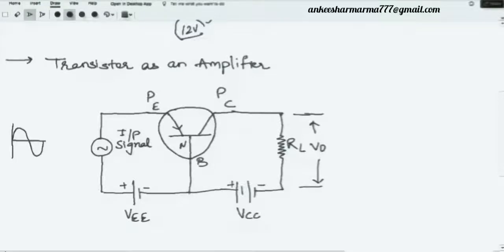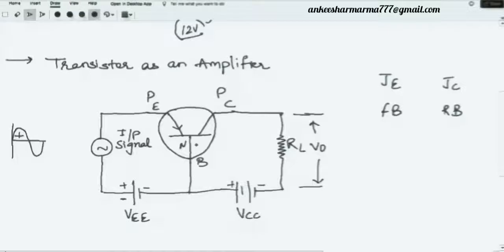Yes, right. So now the next important thing that I want to tell you is that these biasing voltages are applied here to make this emitter base junction forward biased and the collector base junction reverse biased. So I will write here this emitter junction and this collector junction. I want these biasing voltages to be in such a way that they will make my emitter junction always forward biased. It means, look here, this input signal, if it is going positive, definitely this positive of the battery